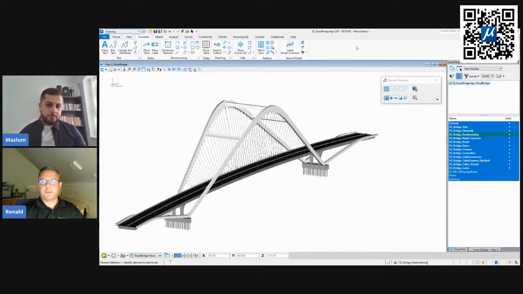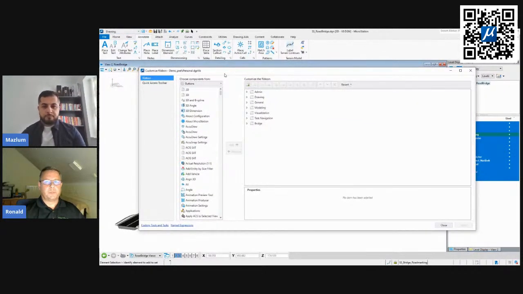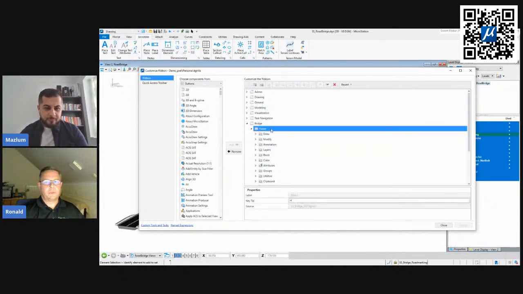And how can I do this? I simply go to customize ribbon, something that you can do on your own, or you can simply ask your CAD administrator to do this in a more general file. And here are the workflows and the tabs. And on the tabs, we've got some groups. And I forgot what to do. Okay, I'd like to add the annotate or text group to my home tab. Then I can pick something from here. These are the existing groups